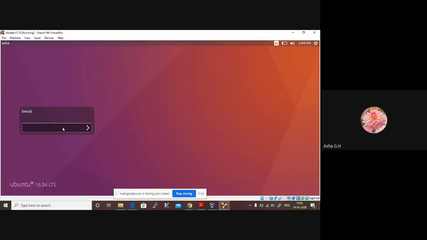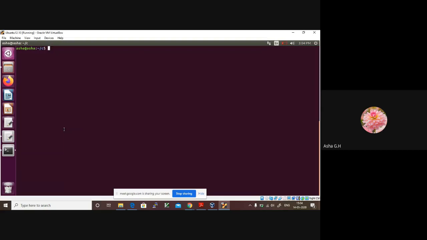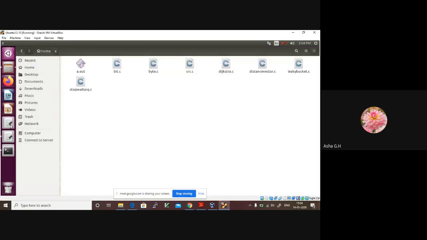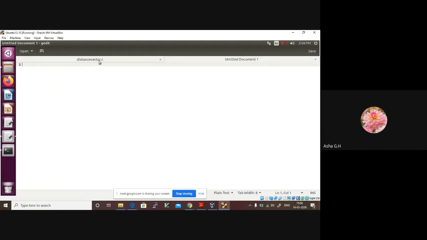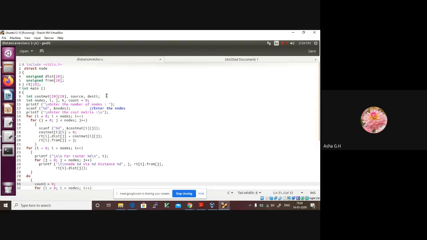To execute your program, you can use Dev C++ or any simple C compiler, or if you are using Linux, you can use a Linux machine to execute your program. Before we do that, I just want to look at the program. I will explain the flow of this program.